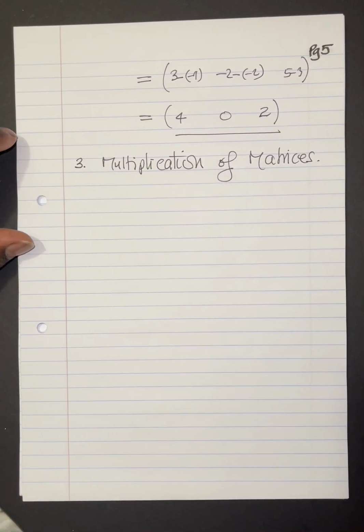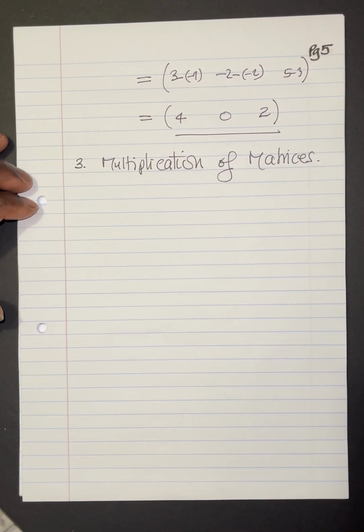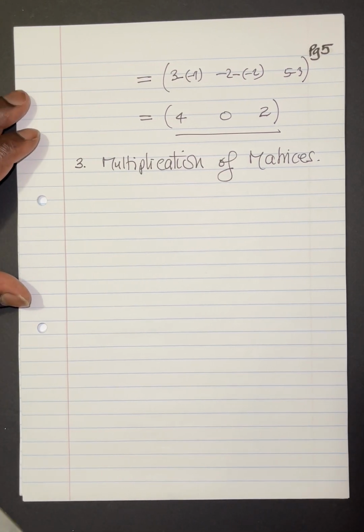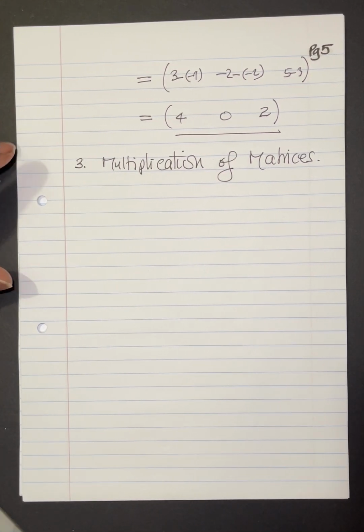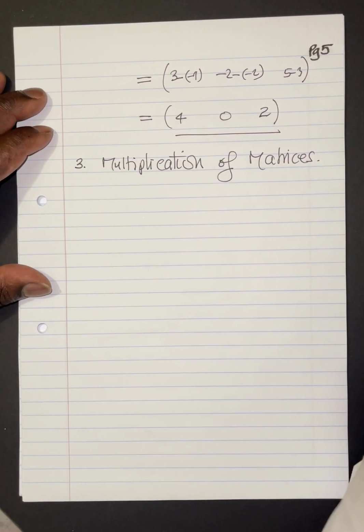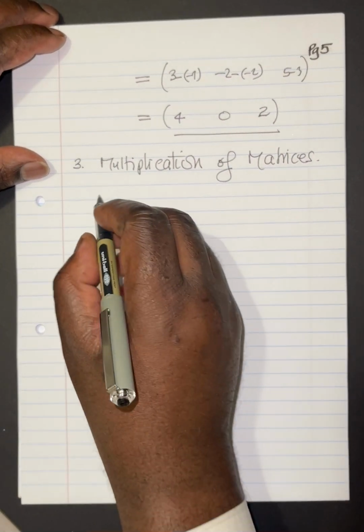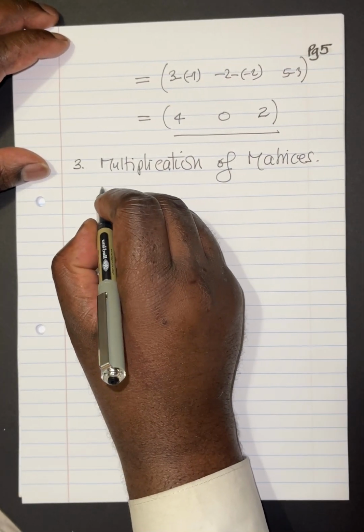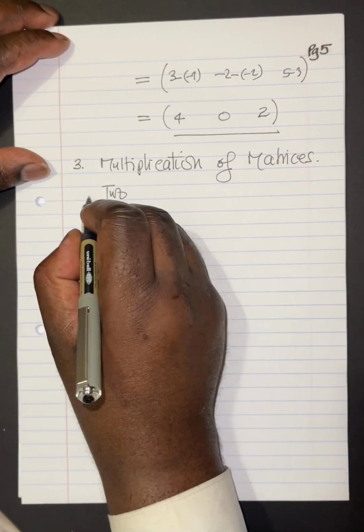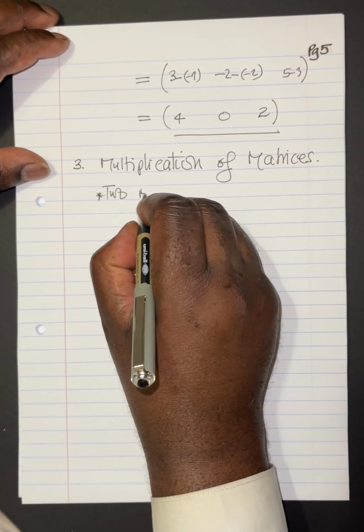There's a rule again. Remember, on addition and subtraction, same rule. Two matrices can only be subtracted if they have the same dimensions. Two matrices can only be added if they have the same dimensions. But for multiplication, the rule is slightly different from that of subtraction and addition. So we are saying here, this is a rule now, two matrices